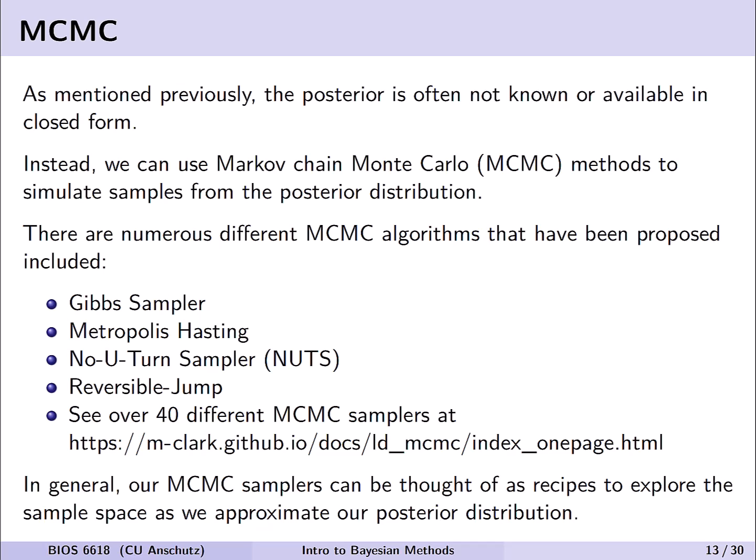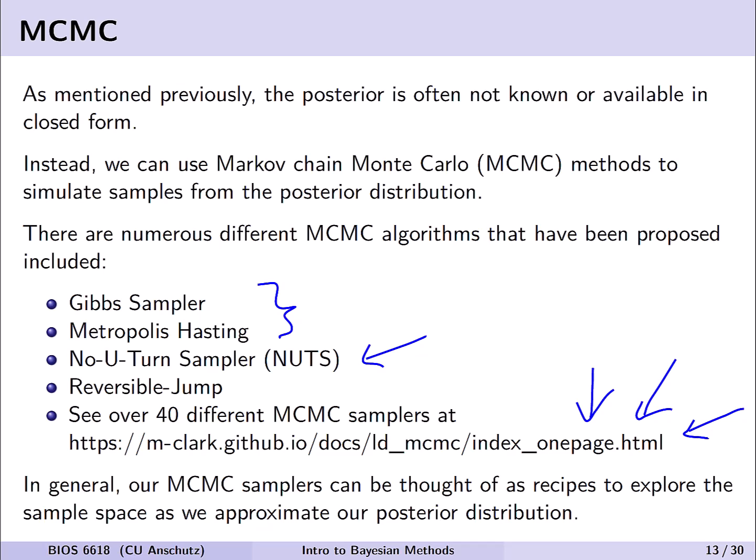Now, the point again of this lecture is an overview, and we're not going to get into much of the specifics, if any, but it's worth noting there are tons of different MCMC algorithms out there that have been proposed. These include some of the more commonly encountered ones in intro Bayesian classes, like Gibbs sampling and Metropolis-Hastings samplers. We'll see also examples of some of the software using no U-turn samplers, or NUTS. There's also reversible jump samplers. And in fact, if you just want to play around and look over different types of MCMC samplers, I encourage you to visit this link here, where they walk through both some of the algorithmic approaches and some of the concepts or pros and cons of the different samplers, with over 40 different ones outlined and